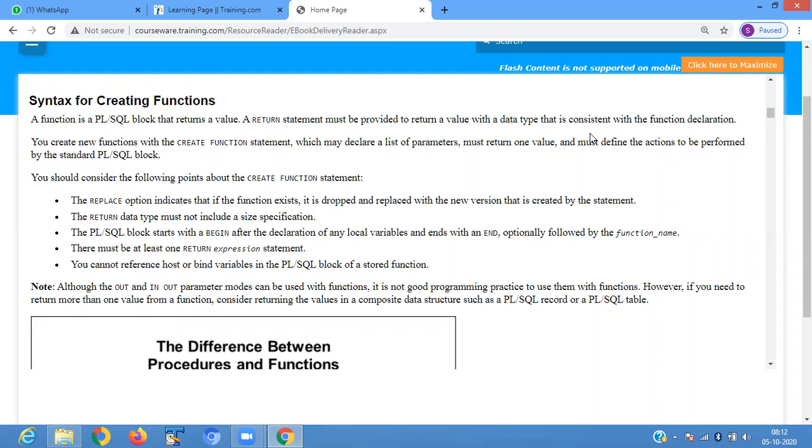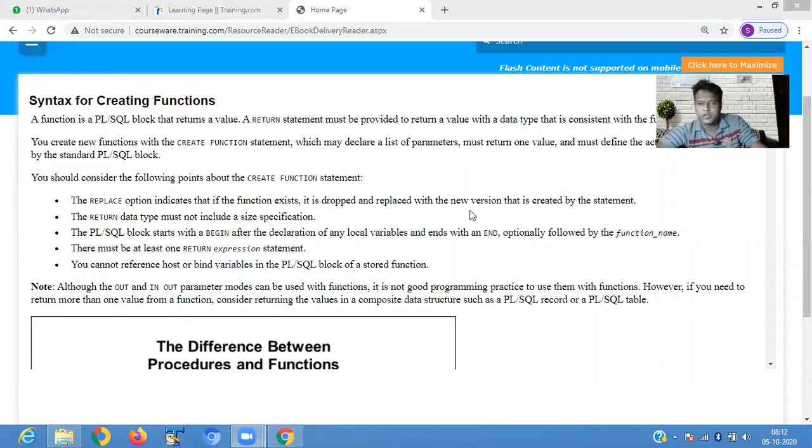You should consider the following points about the CREATE FUNCTION statement. The REPLACE option indicates that if the function exists, then you have to use the CREATE OR REPLACE statement. It is dropped and replaced with the new version that is created by the statement.